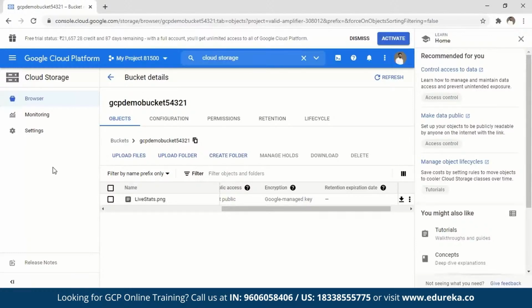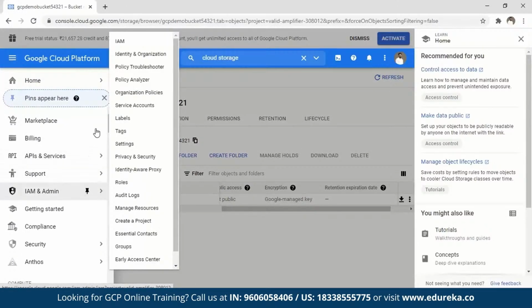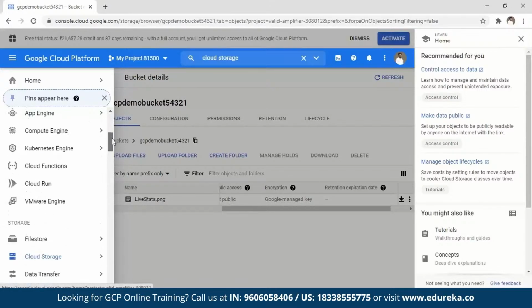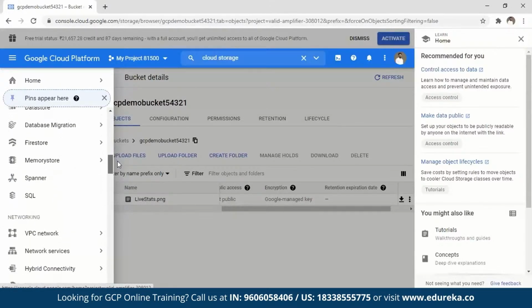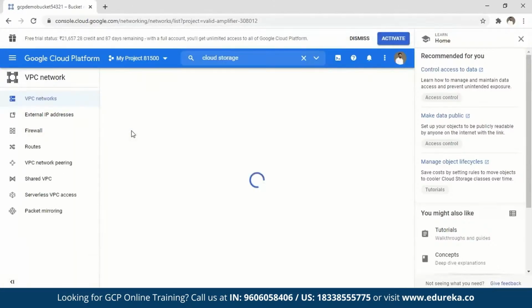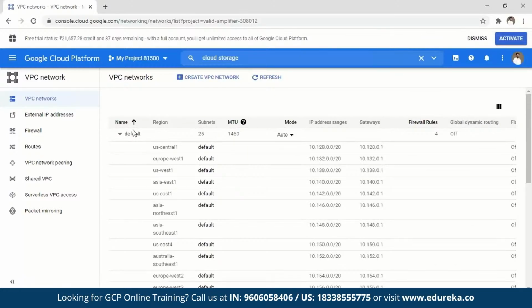We also discussed the VPC part. So let's quickly see what VPC also does. So do we have VPC here? For VPC, I'll have to maybe scroll up or scroll down. VPC, there you go. And you say create your VPC networks. Okay. So this is where you can create your virtual private cloud. By default, you can see that these are the subnets that are assigned to it. I will not create one, but I'll show you what can be done here.